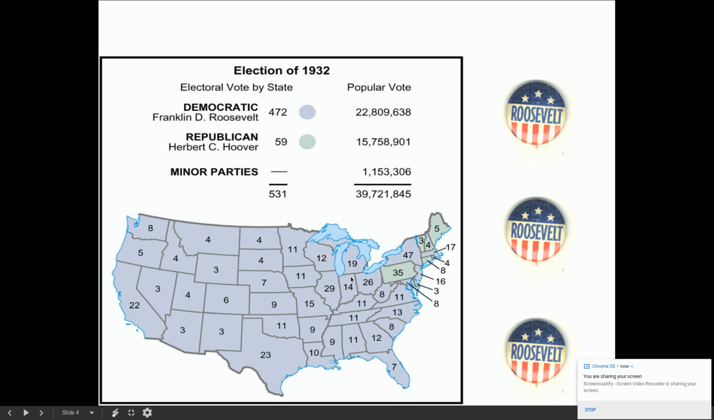Here's a map of the electoral victory. Again, this color here represents the areas that Hoover won because he ran against Roosevelt, not many, and everything else went Roosevelt. And you can get an idea of the big difference in the popular vote totals in that particular